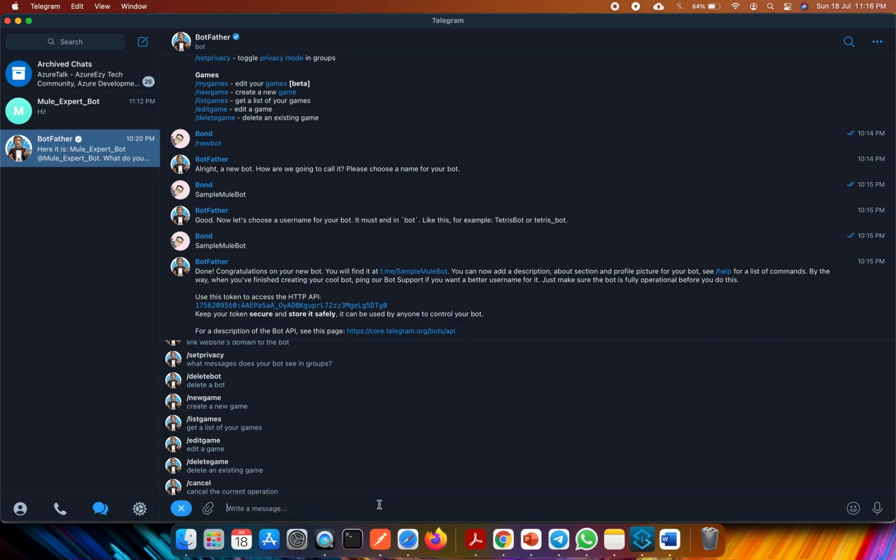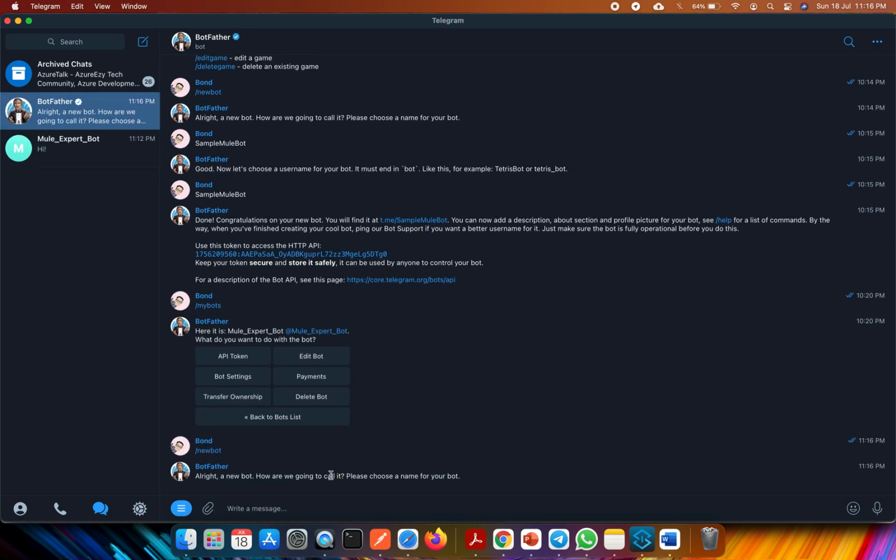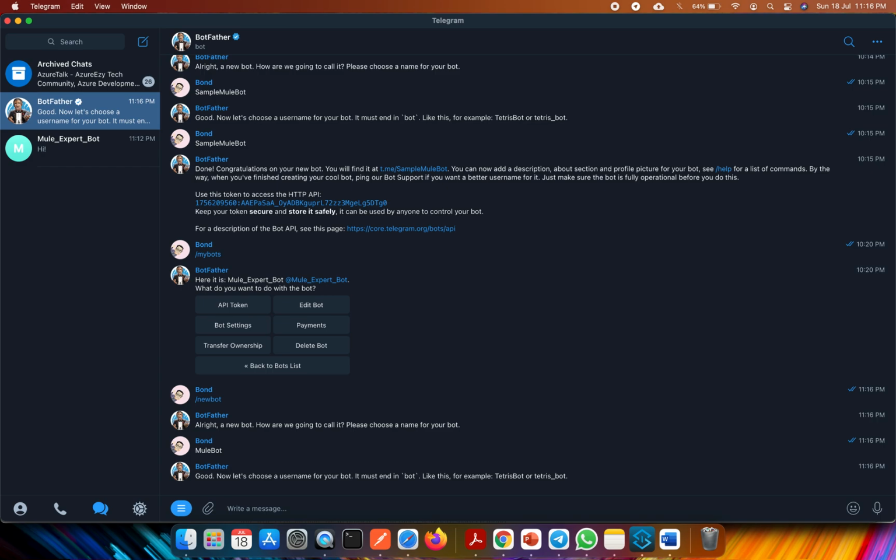Since this is a new bot, you have to type new bot and hit enter. Now it asks how you are going to call it. You have to give the name of your bot. Ideally the word bot should be there at the end. So I'm going to type mule bot, and now it's asking me for the username, so I'm going to type the same, mule bot.